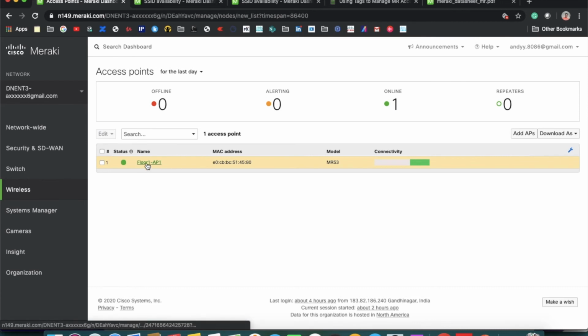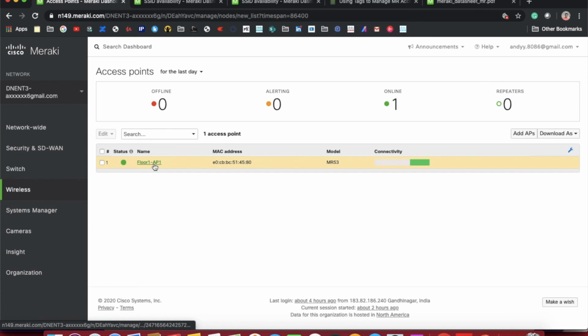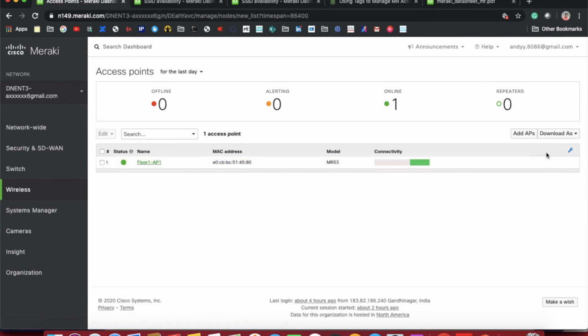That is the best way to do it, because that will make it very easy for you to do the RF channeling and even set up the SSIDs and divide the traffic based on the VLANs. Let's say you have 10 floors in your office and you want to maintain the same SSID on the 10th floor; there are a lot of good options available in Meraki, which I will show you.